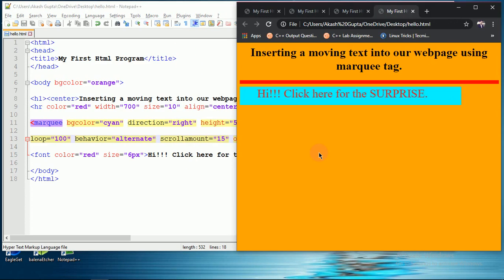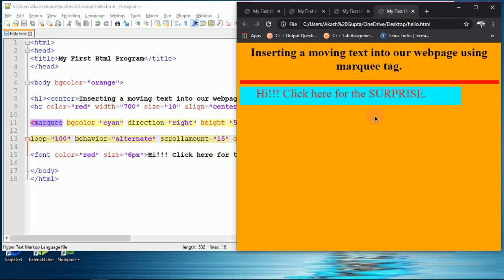Okay, so now you can see here the change is that it is started bouncing from the ending of the marquee tag. Okay, means till where I had given the background of the marquee tag. So from there it is started moving left and right, left and right. It is bouncing, right? Again it is colliding here, then again it is going here.